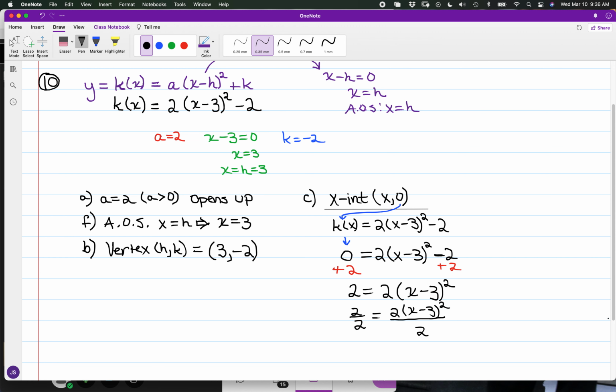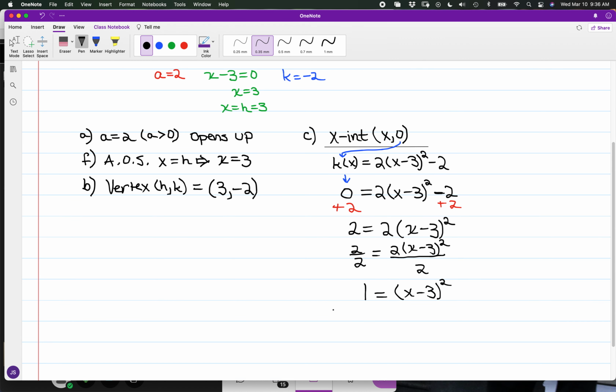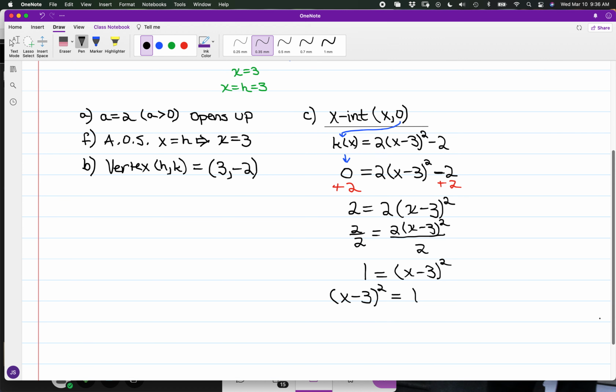Okay, so right now we're going to have 1 is equal to the square of x minus 3. All right. We had the setup whereupon we can perform the square root property of equality. What I'm going to do here is switch sides, kind of like going from b is equal to a to a is equal to b format. So you have the square of x minus 3 is equal to 1. And we have the square root property of equality,